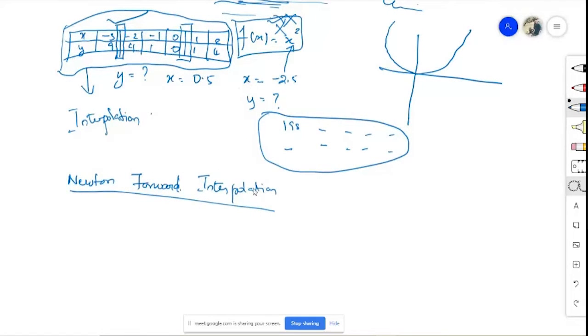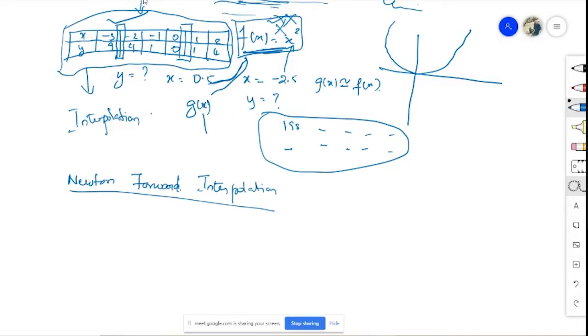How do we find this? The process involves finding the function. We cannot find the function definitely from the given values. If the function is given, we can find the values of this tabular column. But once the tabular column is given, we cannot find the function accurately. We cannot find it accurately, but approximately we can find some function g of x which is similar to f of x, approximately equal to the original function f of x.